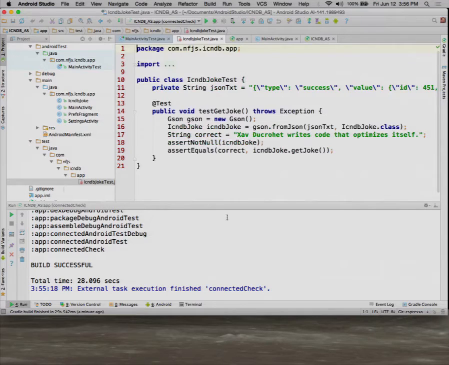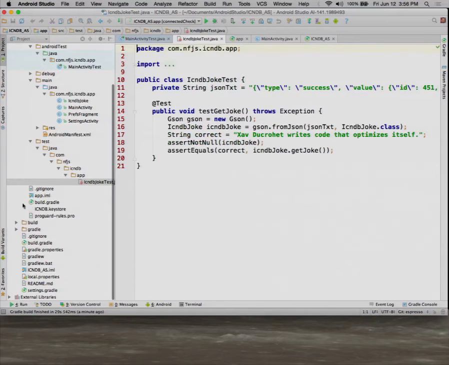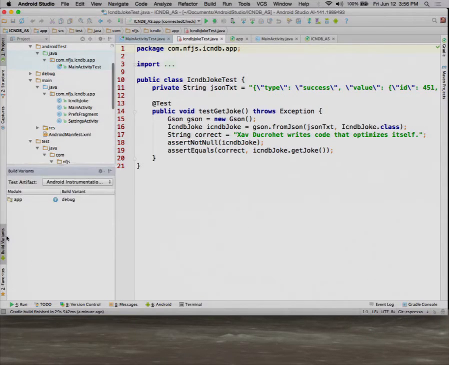And what you'll notice, and really the reason I'm bringing this up, is that down here in my build variants section, if I was to switch to unit tests, then that would become available and I could run it as a regular old JUnit test, and that works as well. It's still completely separate from the rest, though. Okay, so it's got some utility, but if I needed to do anything inside the Android system, I'd have to mock that myself in order to use it.